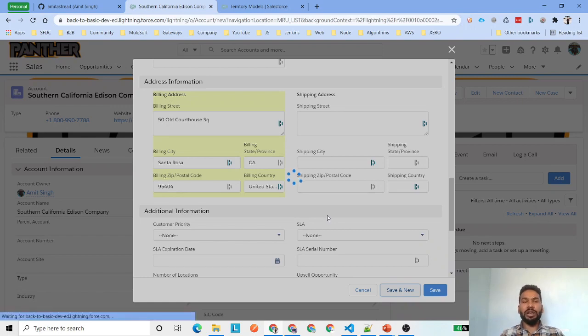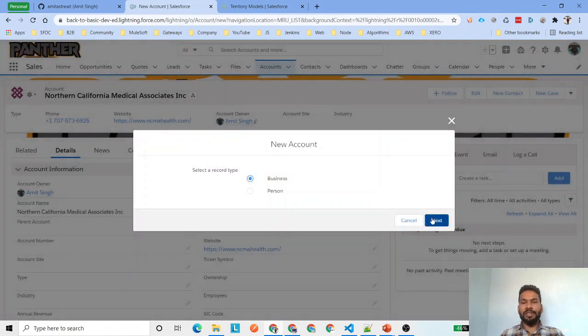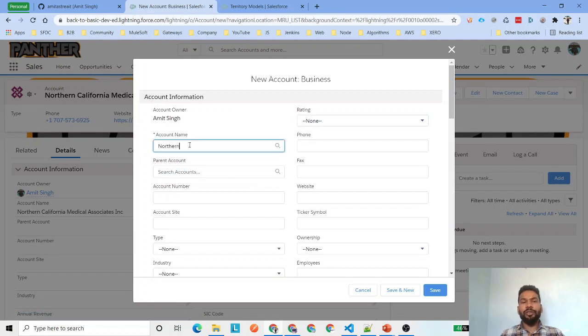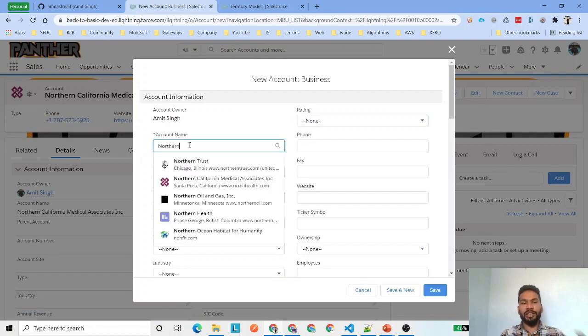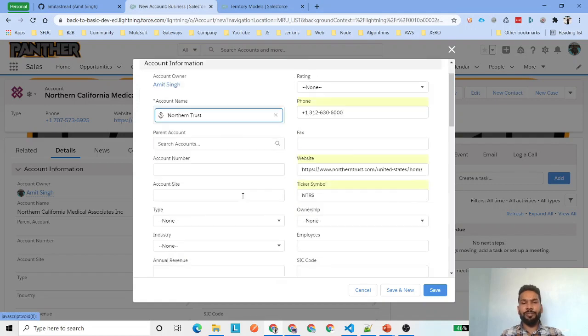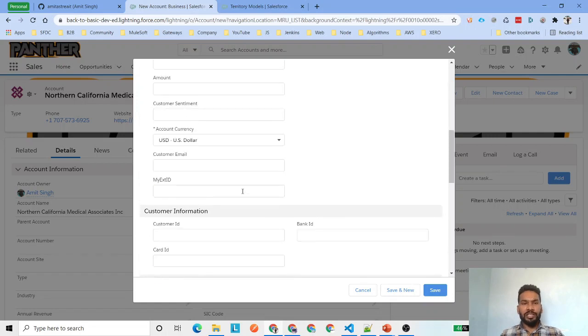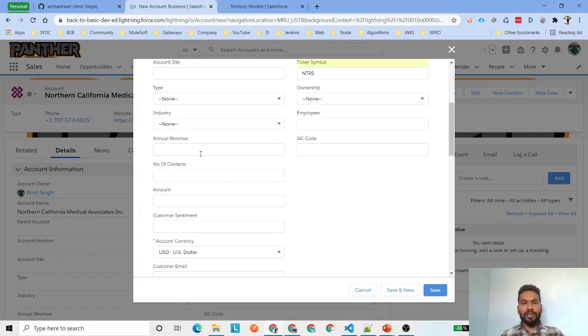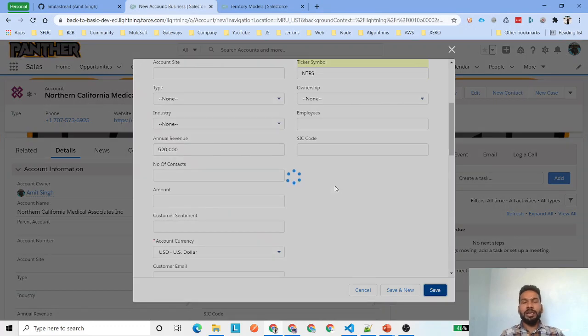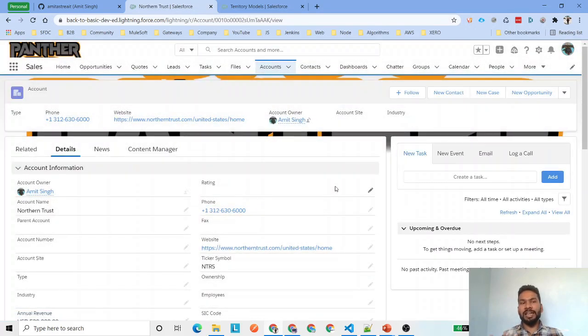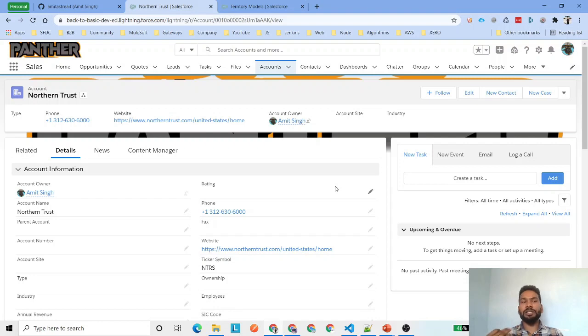I will create one more account for Northern California itself. The reason is that I wanted to show you that both cases are working fine. This time it should be Northern Trust, and the address will automatically be populated for me. And you can see it is less than 94,000. That is well and good, because we wanted to make sure that we have populated the annual revenue, which is more than 10,000. It is basically way more than 10,000. That is okay for us. Now we did set up three accounts, one in Southern California and two in Northern.